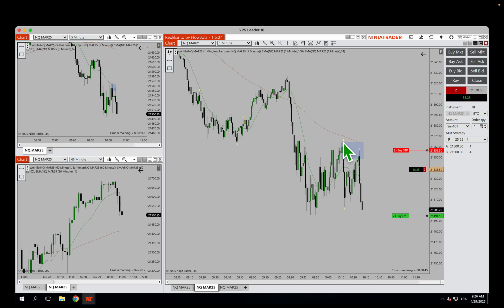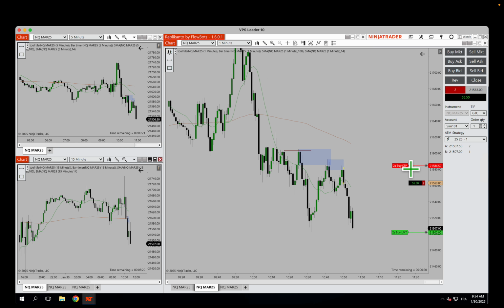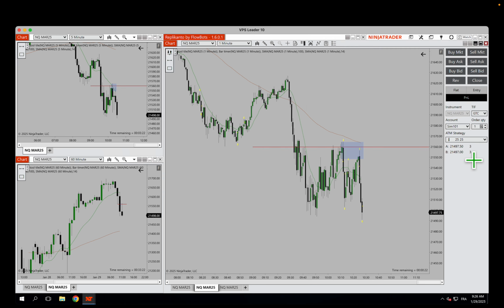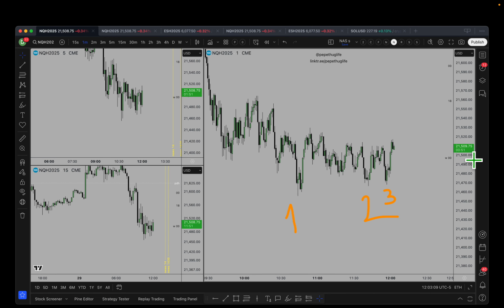I allowed it to retest the extremity. I wasn't perfect, wasn't great. Not gonna lie, that entry is not great. Here, I pyramided. Here, look, you see the breaker? Un, dos, tres. Amazing trade, just like the one I just took now. You know, those trades. Un, dos, tres. Very simple, nothing is needed.